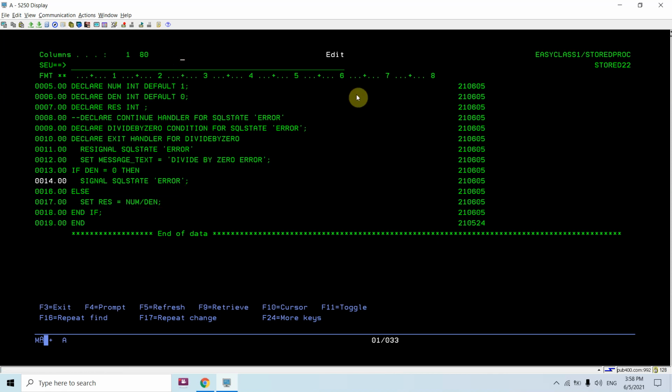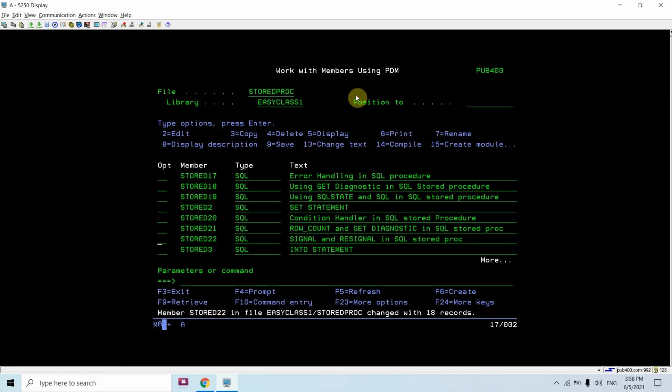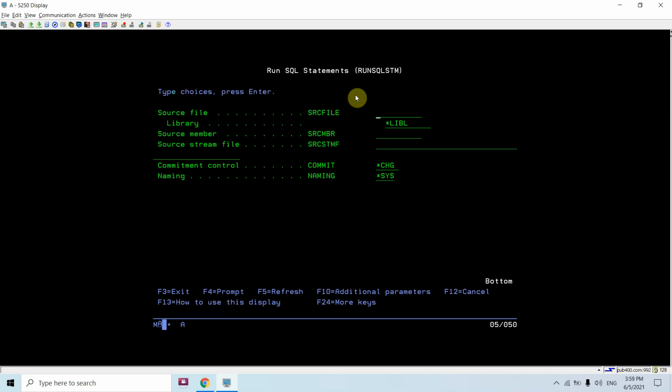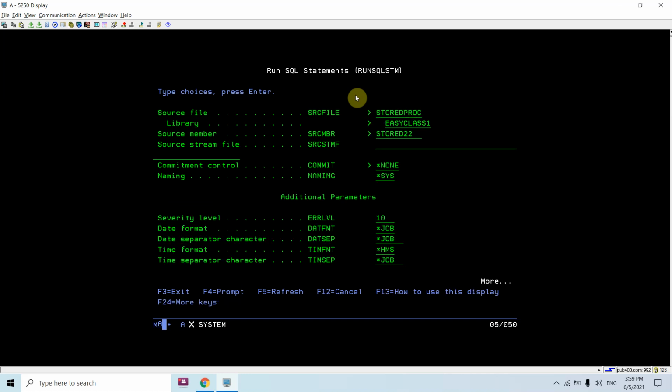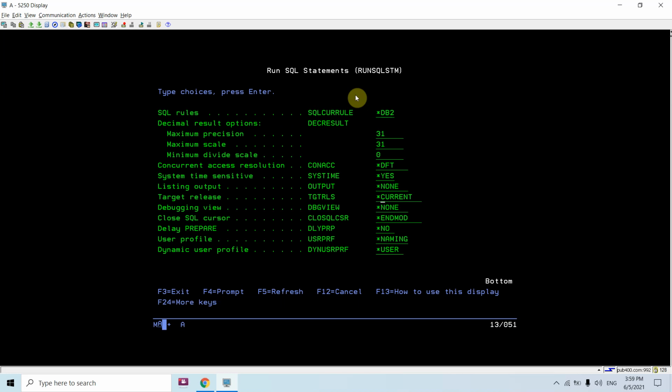So let me just save this, and now I'm going to create this run sql stm stored procedure, easy class 1, stored 22, commitment control set to none, debug view set to star source.